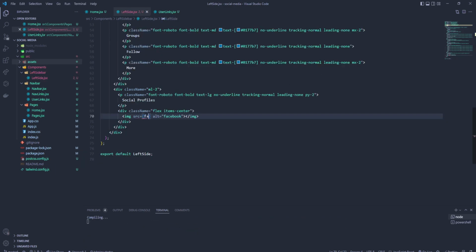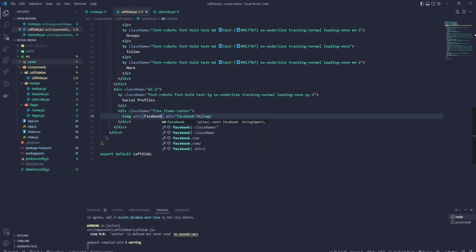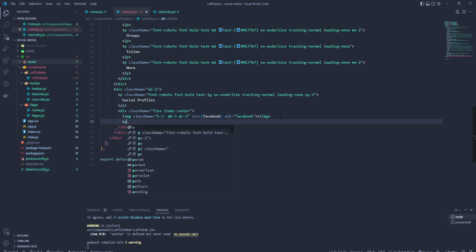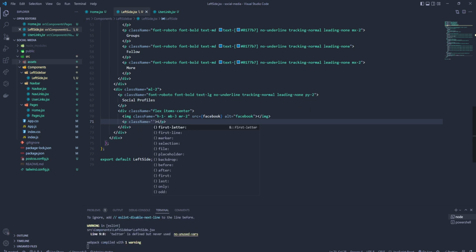Let's add that Facebook, and let's add a custom class to the image. With height is gonna be 10. Margin bottom it's gonna be 4, and margin right it's gonna be 2. We will create a p tag here. We can go with a class name, and it's gonna be font Roboto,